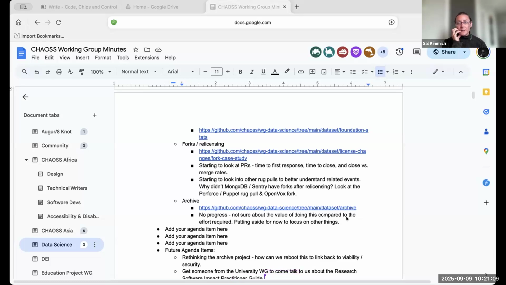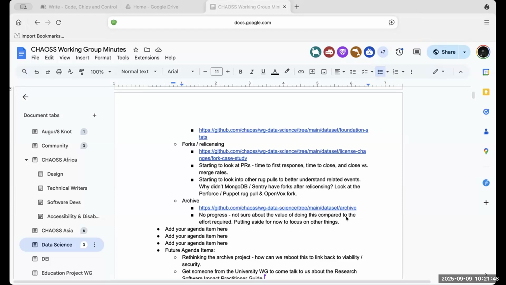The problem is the level of manual labor and personal contact that we would have to do, because you have to go out and find the non-labeled reason for the archival, which an individual could do, but this is going to take a year or two of deep investigation. Yeah. Okay, so I tell you what I'll do. I've just added a future agenda items section to the notes. So how about we just go ahead and add that? We can think about it over the next couple of weeks and maybe add it to the next agenda, if that works.